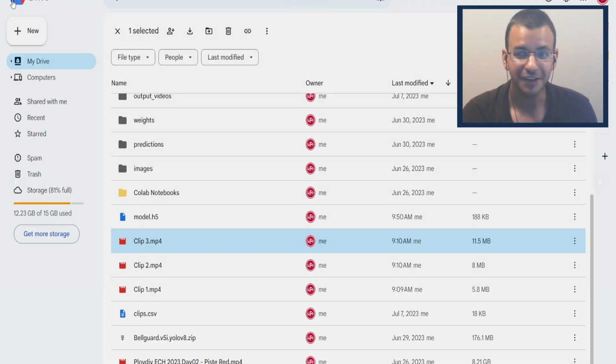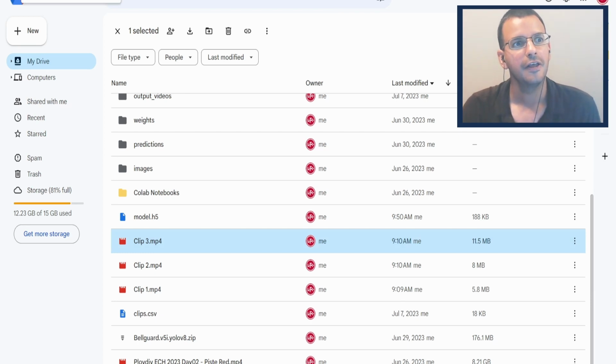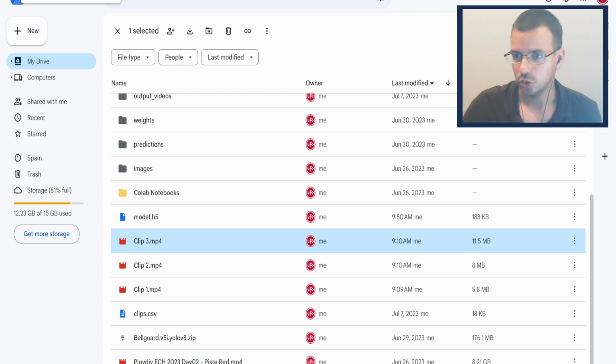So if this actually works or not, I don't know. Have to do a lot more testing. This is just kind of an example of, hey, here's a rough and tumble example of how you could train